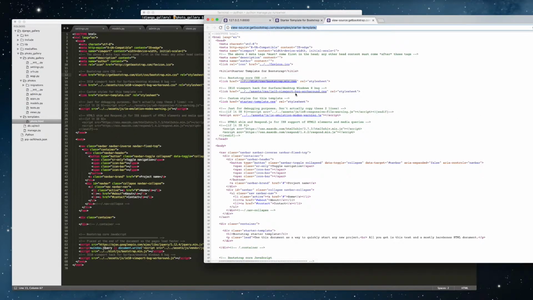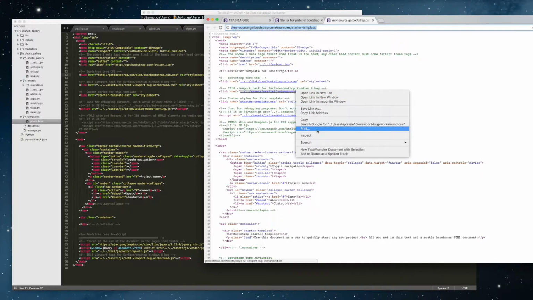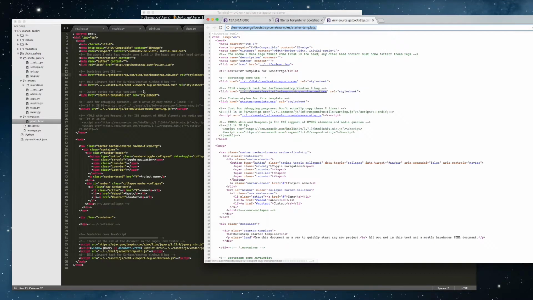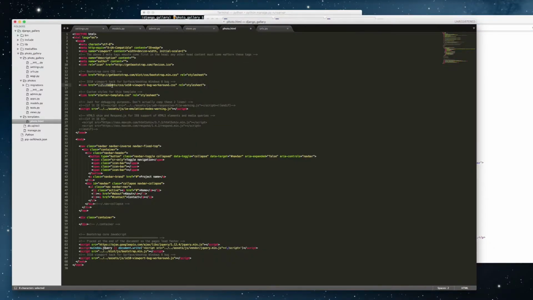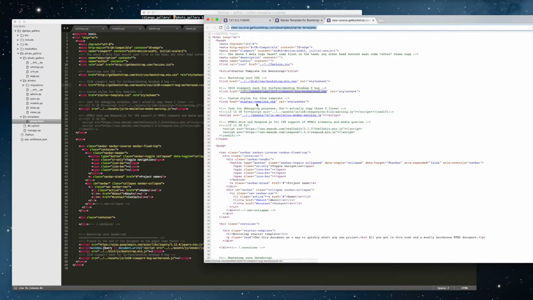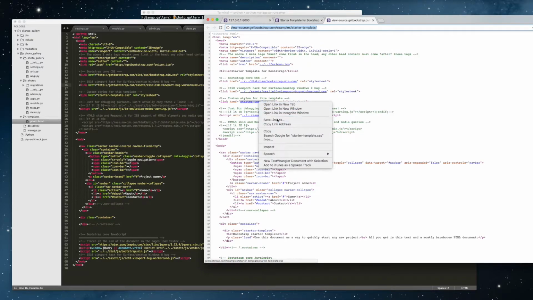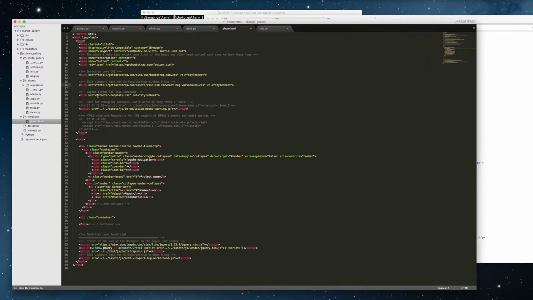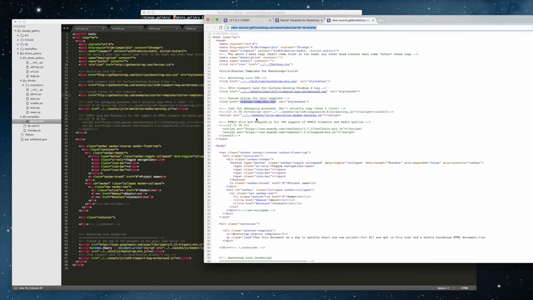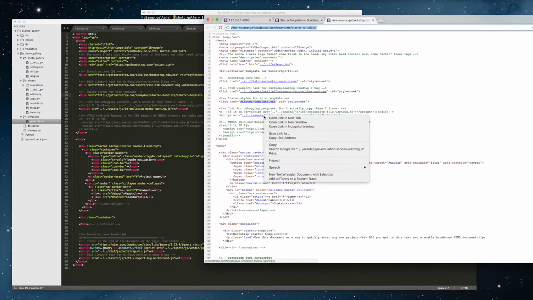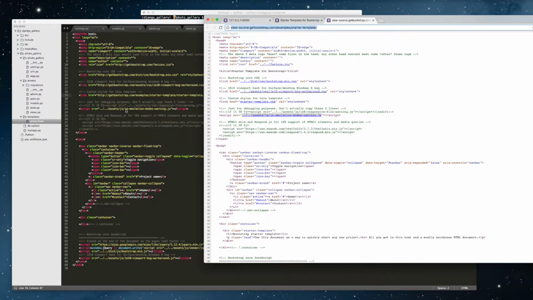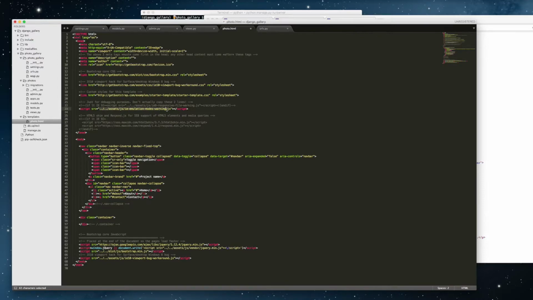Okay? Next, copy link address, paste it onto the next one, IE10 workaround. Next, starter template, copy link address, paste it under starter template CSS. Okay. Next, copy link address, paste it,